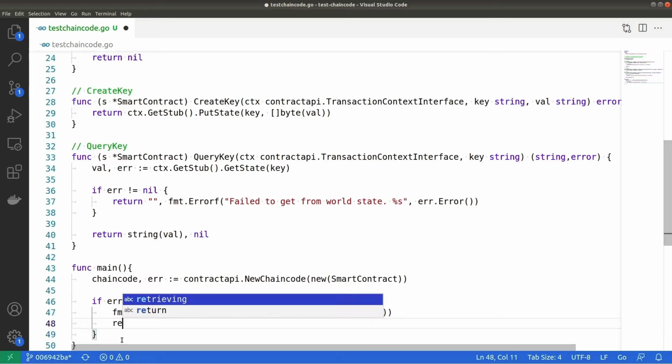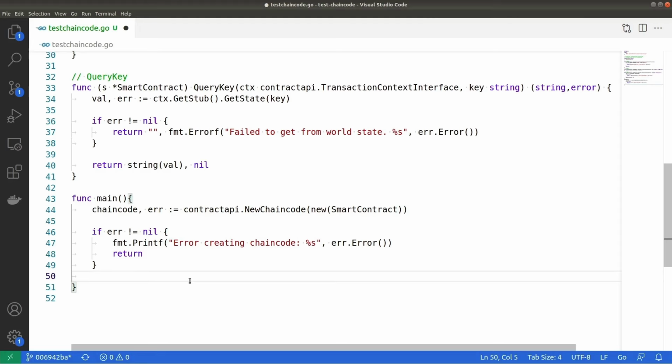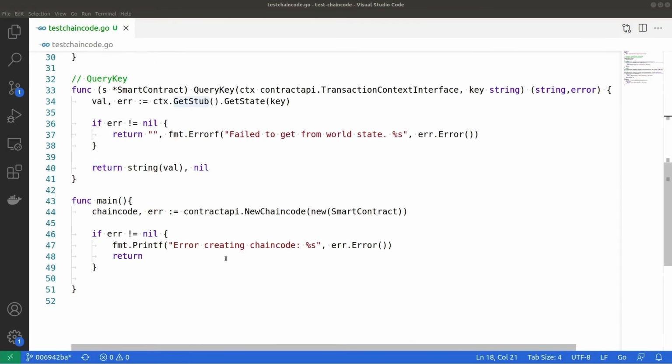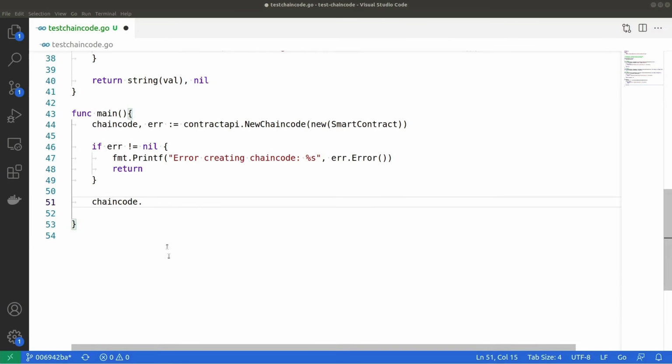And if there is an error, then simply return, or if there is no error, then we have to start this chain code. So, we have defined this chain code in line 44 with contract API dot new chain code, but in order to run this chain code we need to actually start it. So, we would go ahead and start that chain code. So, chain code dot start,